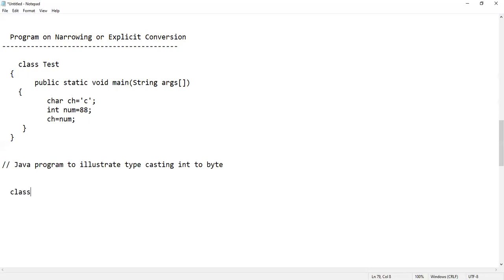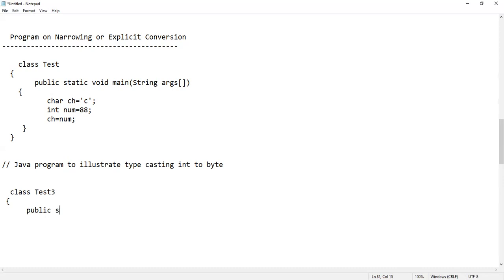So first declare class test. We can have any name of class, but here with example we are taking the same thing. We'll write test1, test2, and this is test3. So we'll consider it as test3.